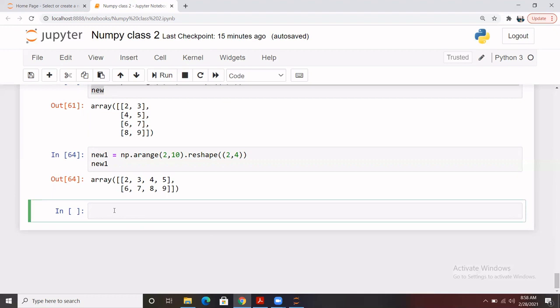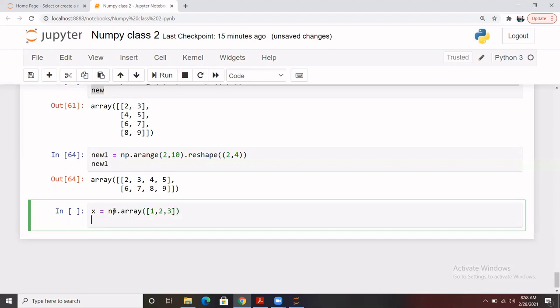I'm giving it a new name, for example, x, and np.array we can create, and we can pass some values to this, and then the same way I can create y as well, np.array, and then we have passed a few values to this as well, right? So we have these two arrays all together.